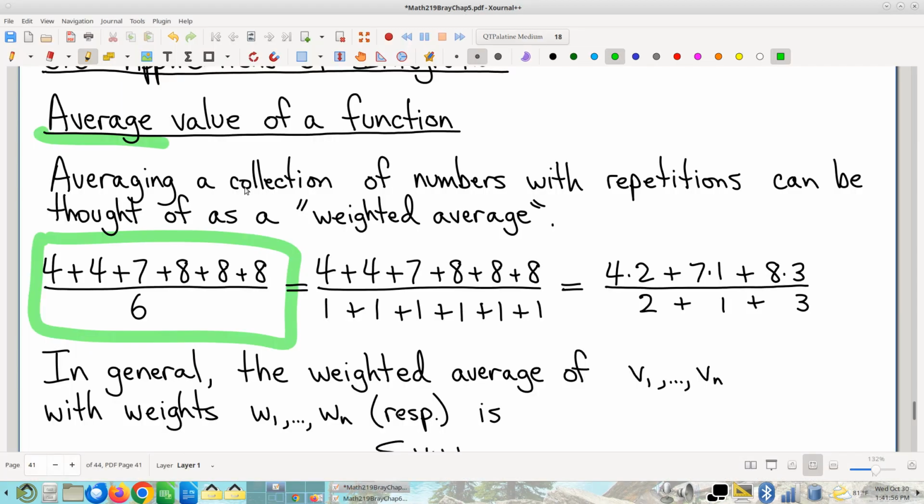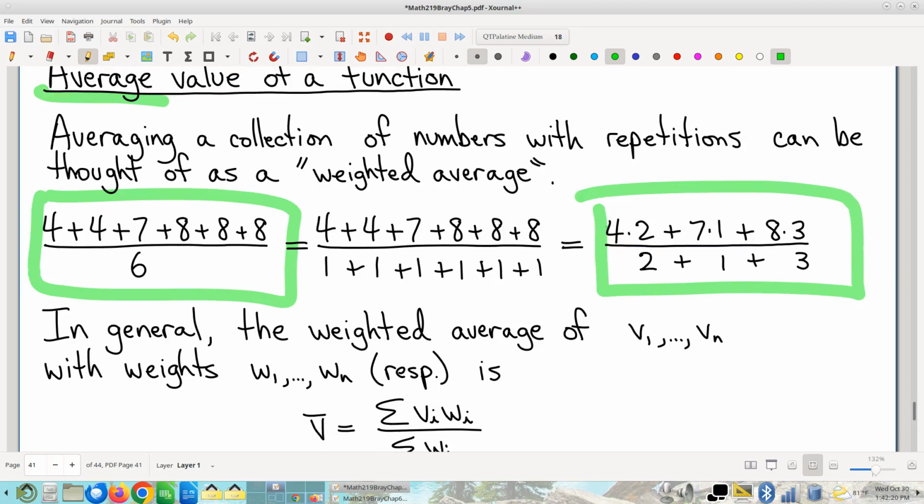So, a different way to think about this. I kind of am only averaging 3 numbers, right? 4, 7, and 8. But I'm kind of double counting the 4, and I'm triple counting the 8. So it's like I want the 4 to count more, and I want the 8 to count even more. So one way to rewrite the algebra, of course, you'll notice, is this,